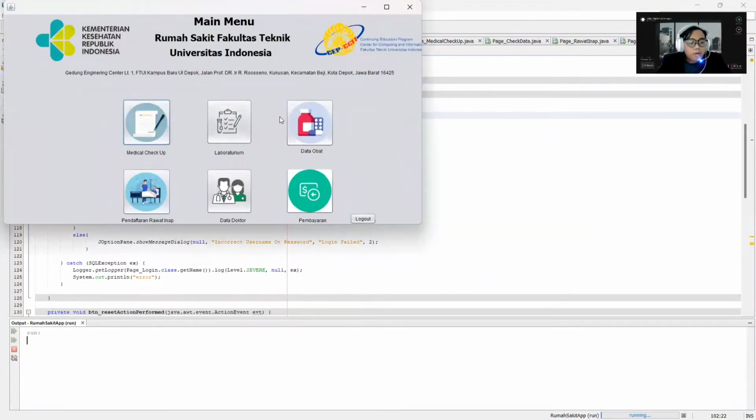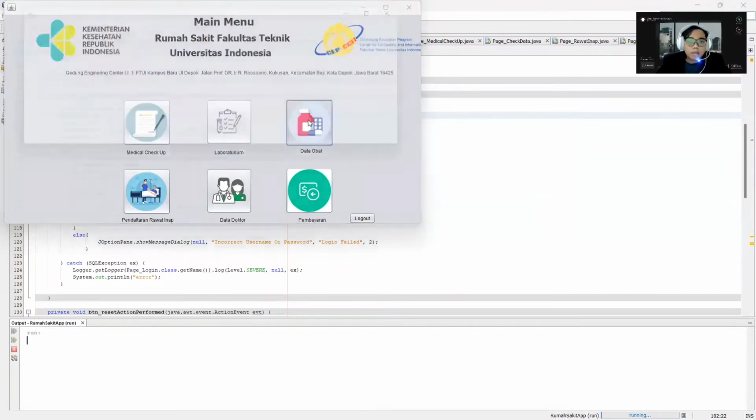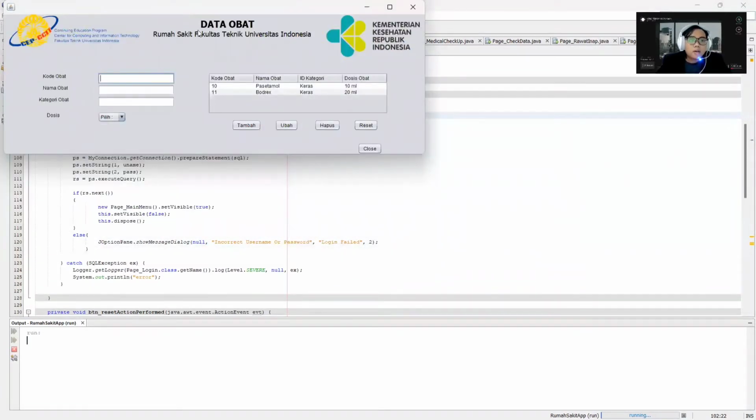Okay, for the medicine and data entry for the doctor, this data obat and data dokter can only be done by the admin, by filling in the data according to the form. I will click data obat and this is the page of data obat.